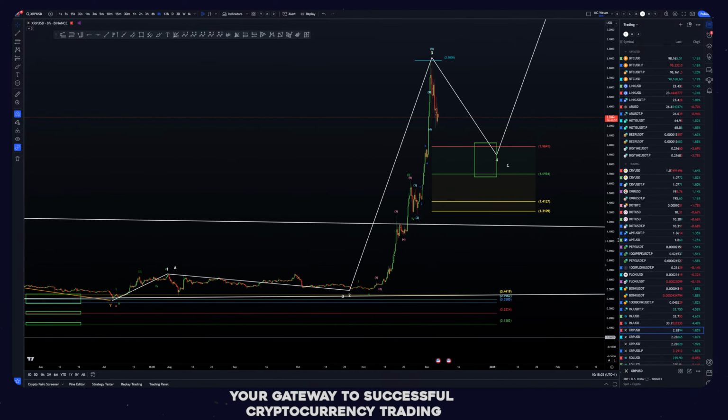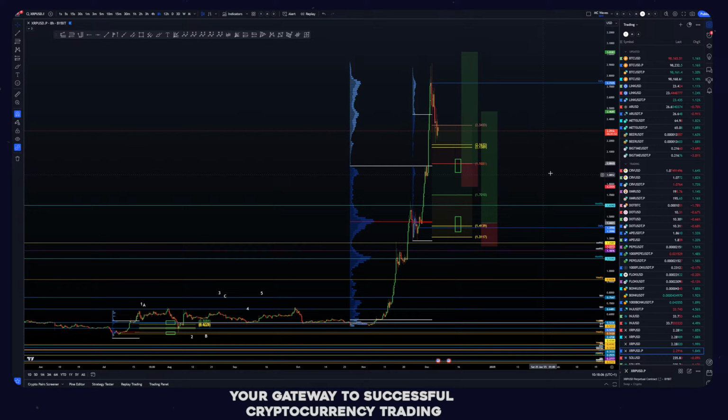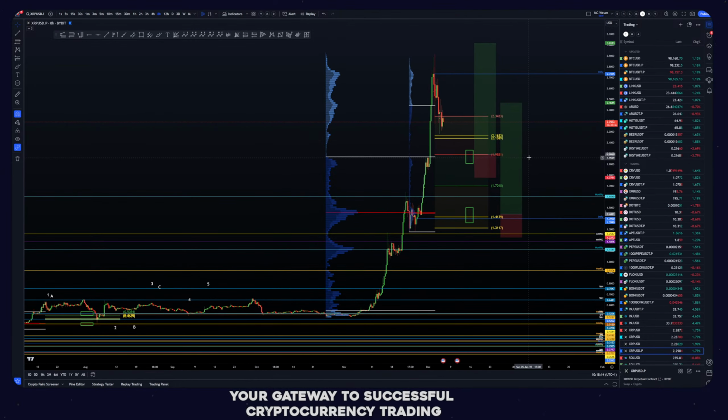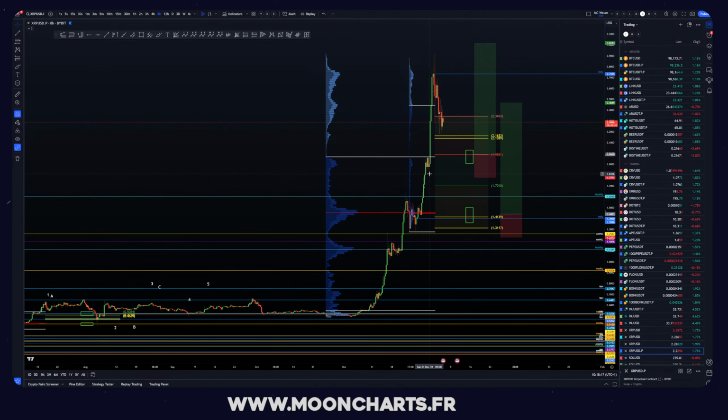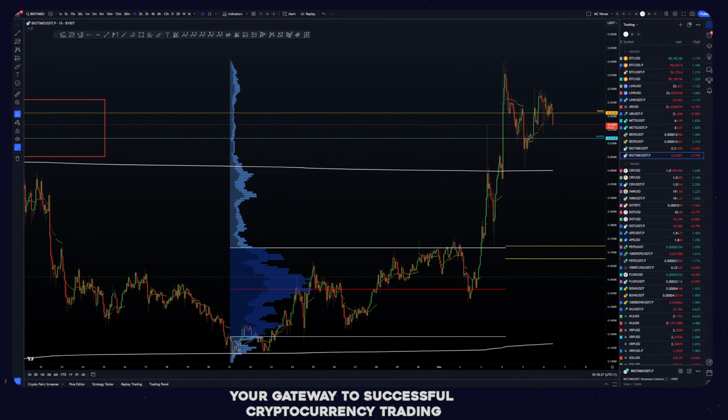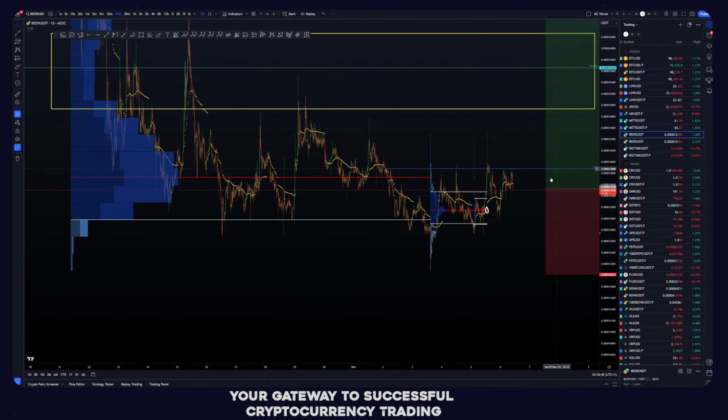But yeah, for now, the target is this. If you want to use the levels, here are the levels. You have the nice 38.2% with this nice value high around 1.99. By the way, if you do break this, if you do not swing through, for example, this low here, it is likely going to go down to the 61.8% with a point of control around 1.5 really, no, 1.46. So these are the two trades we can look for on XRP, and otherwise it hasn't really triggered the alts since then, to be honest. So yeah, not much to add on this. I don't know if you have some requests on the alts really.